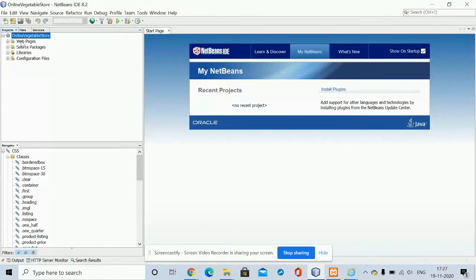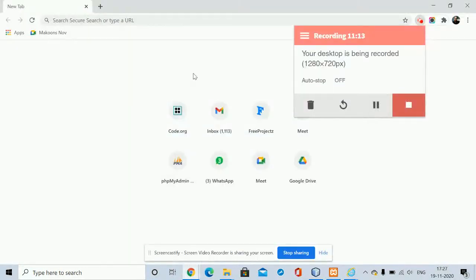Inside the web pages you need to put all of your HTML files except the WEB-INF folder. Open the WEB-INF folder, copy and paste all of the classes folder here, right? And delete the model.com, not the com only, the model.com. And after that add the MySQL connector here inside the libraries folder, and then create the database.